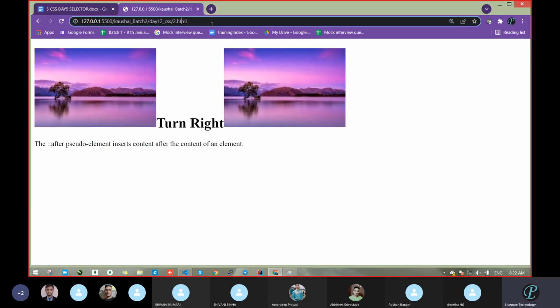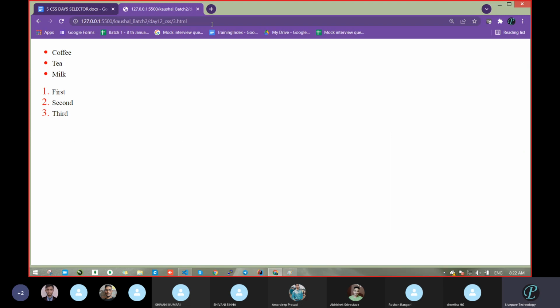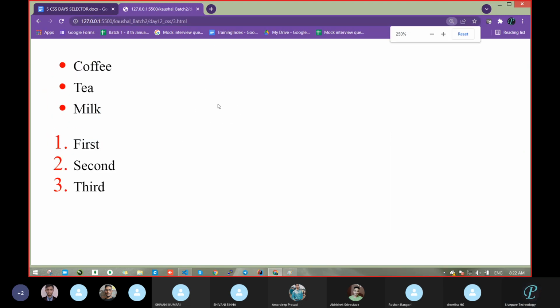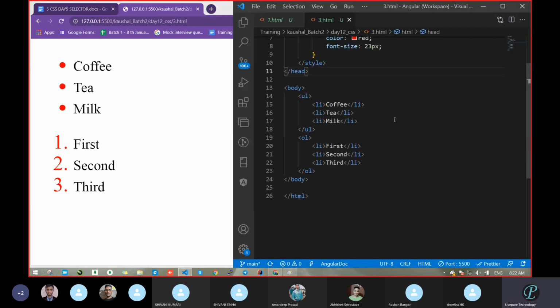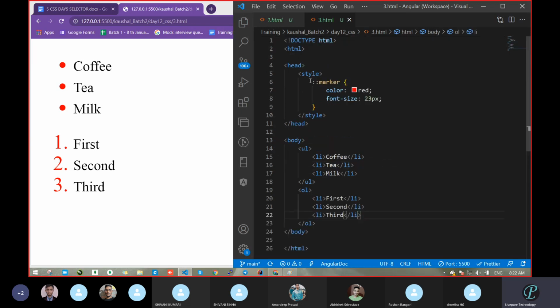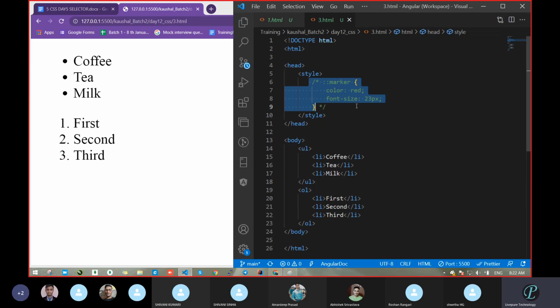That is the mark tag. Somebody had asked, while studying through the list, whether we can change the color of the bullet or the numbers 1, 2, 3. So we can change it with the help of marker. Clear? Marker is doing that thing only. By default, you will get the black color. But with the help of the marker tag, we increased the font size and changed the color also.